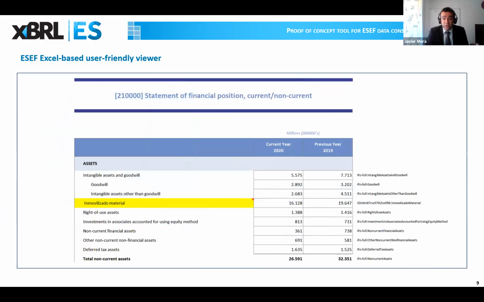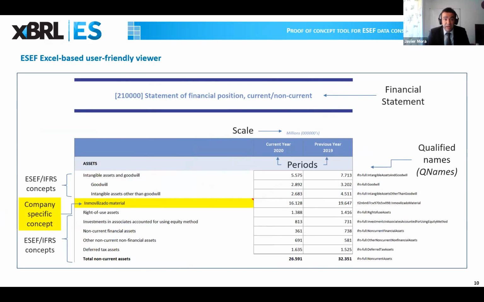So what you're going to see on the Excel is a user-friendly view of this ESEF report. This is a real example of a real company. In this case, we are talking about the financial statement of current, non-current, the 210000. Okay, and here you will see the usual structure of a financial